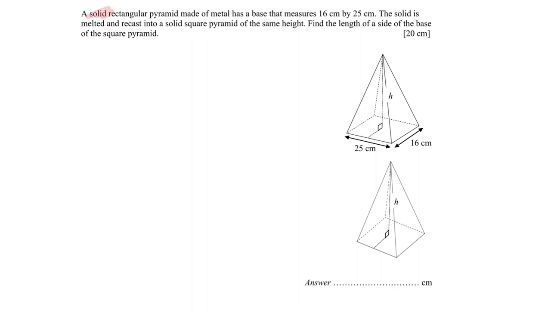We are given a rectangular solid pyramid with the base that measures 16 and 25, which is this. It is then melted and recast into a solid square pyramid, same height. So find the length of this